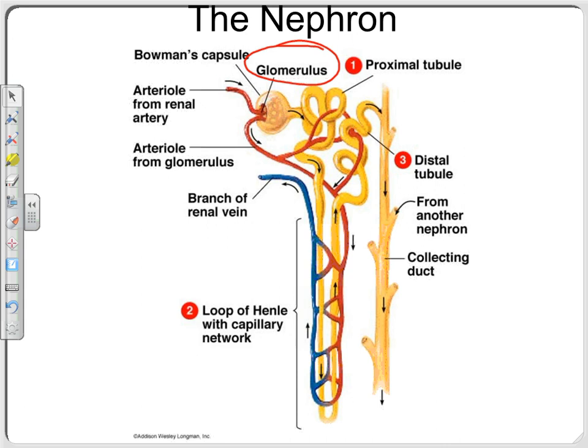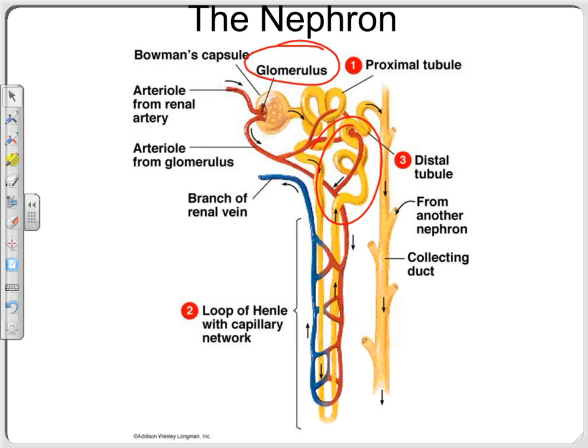If your blood is too acidic, if it's got too many H pluses in it, the blood vessels in this area will pump H pluses into the distal convoluted tubule, thus raising blood pH, right? Get rid of H pluses, pH goes up. Add H pluses, pH goes down. That's why if you drink too much Coke, you go to the bathroom, what's it feel like? It burns, because it's acidic. Literally, your urine's acidic. And those are the 3 steps.